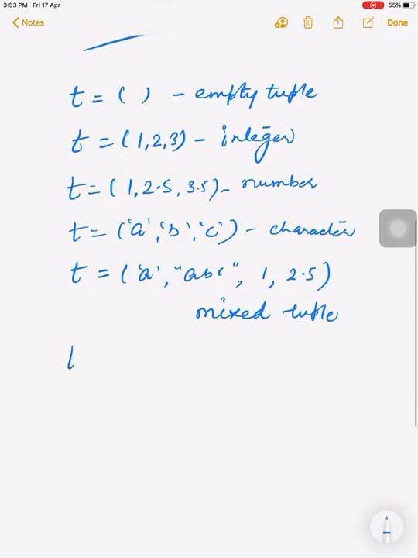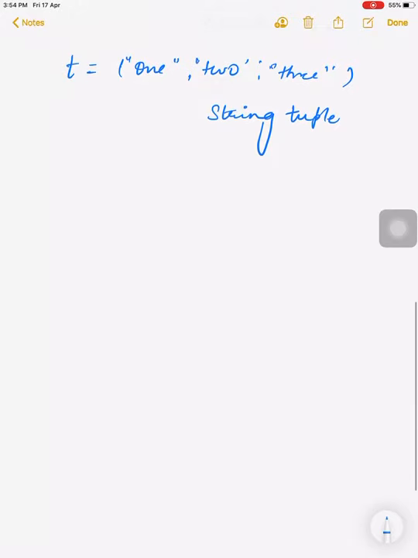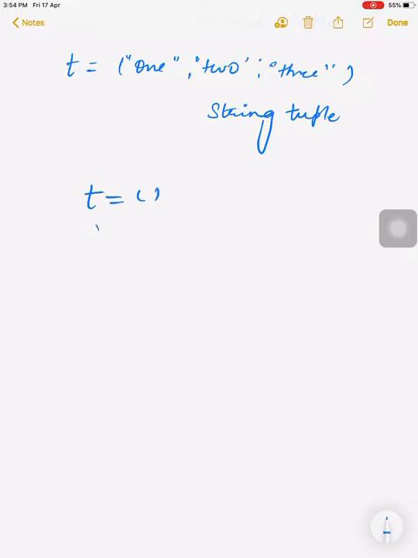Also we can write strings like two, 3, etc. This is known as a string tuple because this tuple consists of the string values only. The tuple is almost the same as the list. The creation of a tuple, the accessing of a tuple, and even most of the functions of the list are also applicable in the case of the tuple. So we will not describe much of the tuple as it is almost the same as a list.